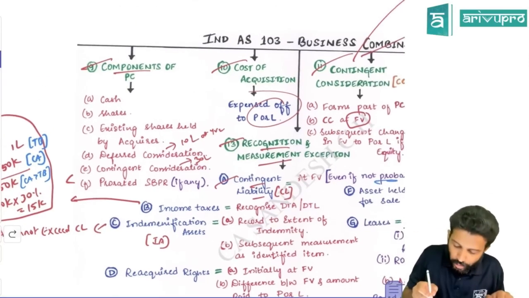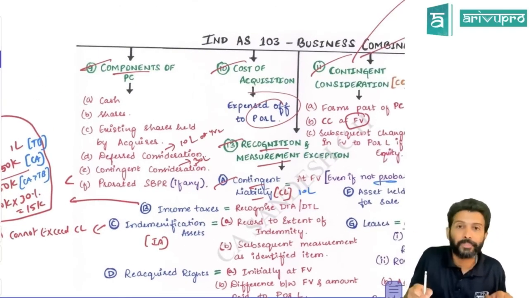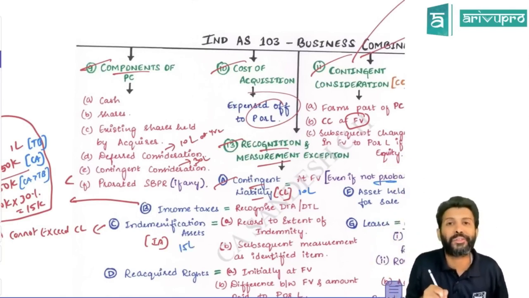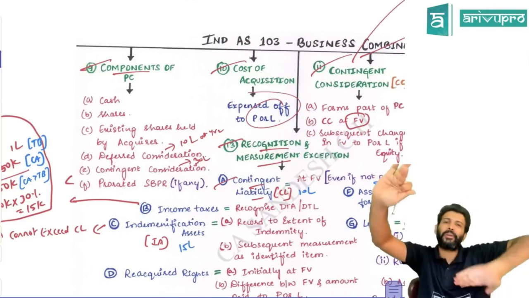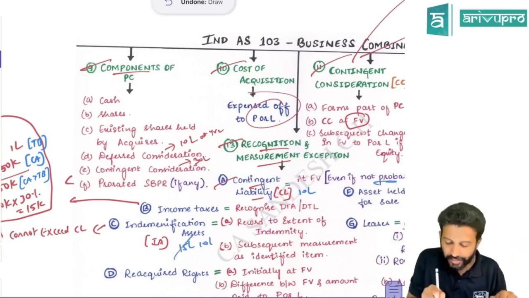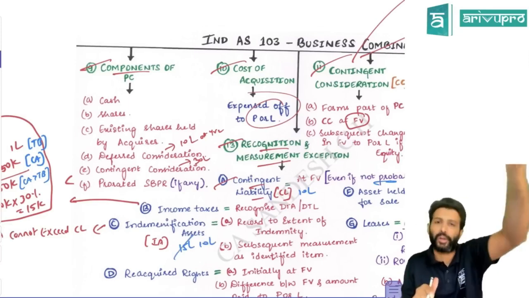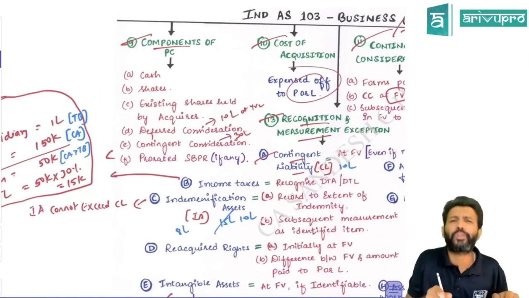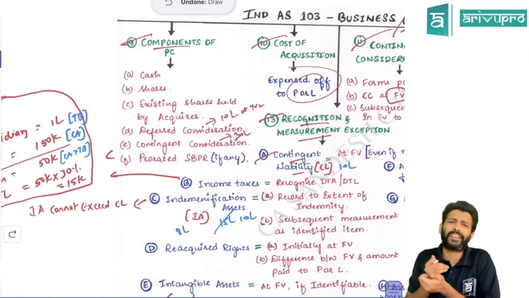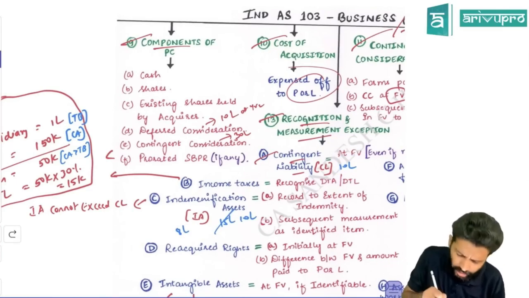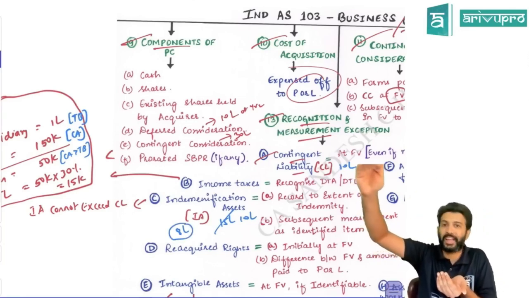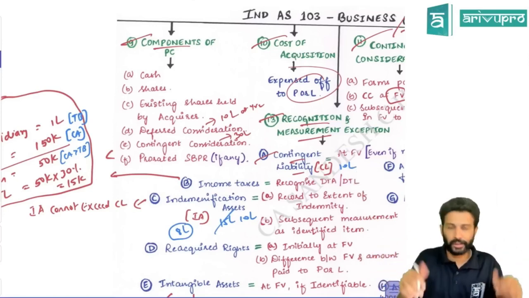To what extent? Suppose you recorded a contingent liability for 10 lakh rupees. The parent has asked the subsidiary company to indemnify for 15 lakh. Can you record it at 15 lakh? No. Contingent liability and indemnification assets go hand in hand. If the contingent liability is recorded at 10 lakh, the maximum indemnification asset you can record is 10 lakh, not beyond that. But say the subsidiary company has given a guarantee of only 8 lakh. Then the contingent liability is recorded at 10 lakh, but the indemnification is only for 8 lakh, so in this case you will record it at 8 lakh. So basically, an indemnification asset cannot exceed the contingent liability value, but it can be lower. So that's the thing. All right.